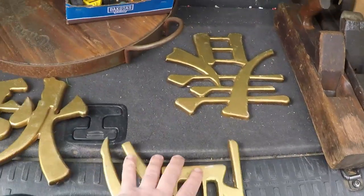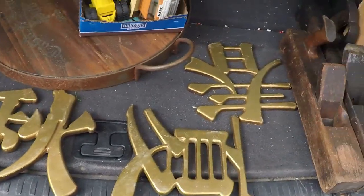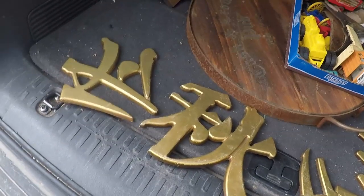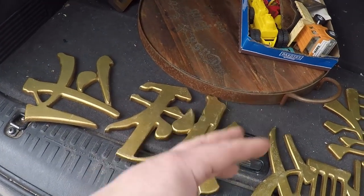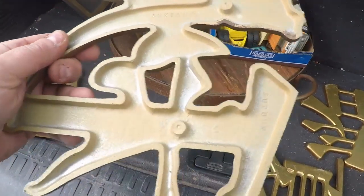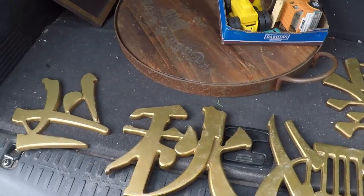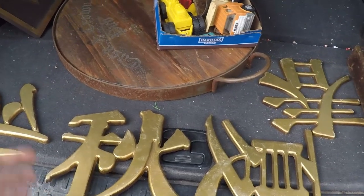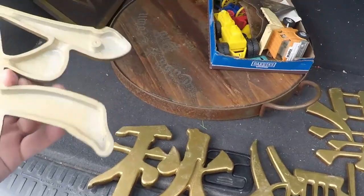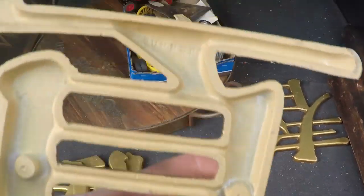And I know what these say. Just so you know, I'm fluent in this language. These are the 4 seasons: summer, winter, fall, spring. I'm kidding. If you look on the back, it says it. But I did that at the auction. I picked them up, and the guy says, whatever these symbols say, and I said, they're the 4 seasons. And he's like, excuse me? And I'm like, yeah, there are 4 seasons. So he's like, well, you should buy them. And I'm like, $2. So there's winter, autumn, summer,